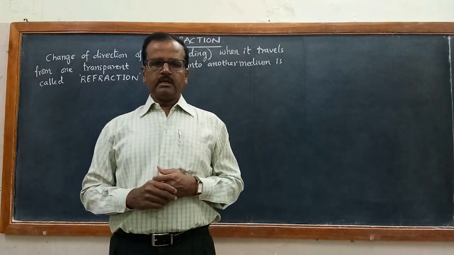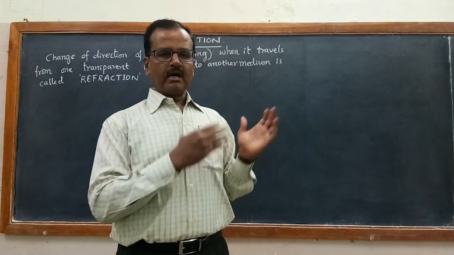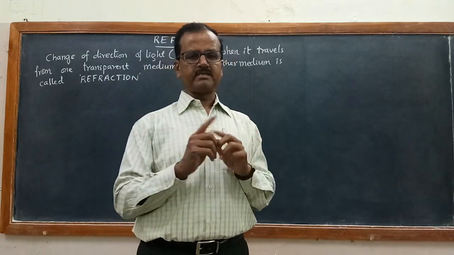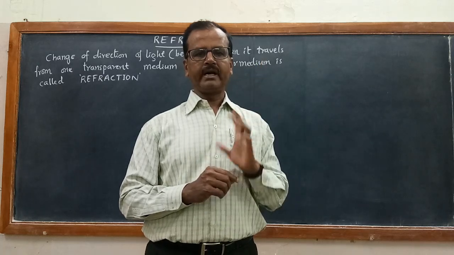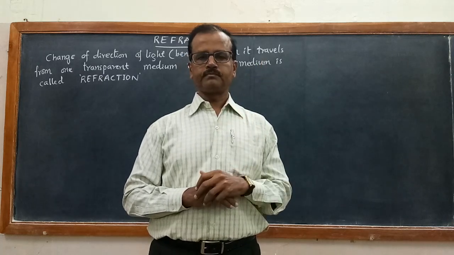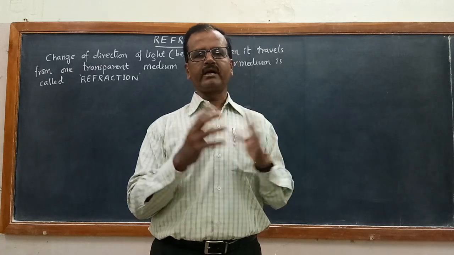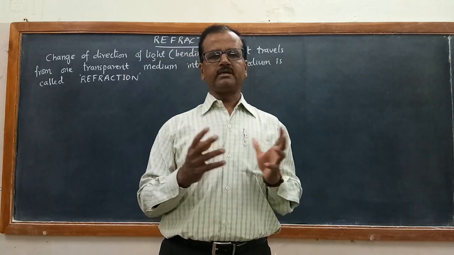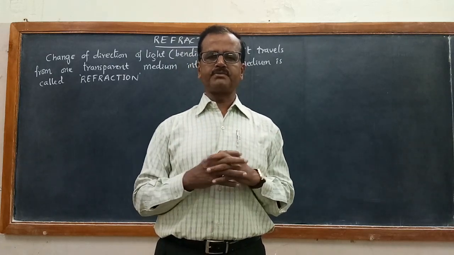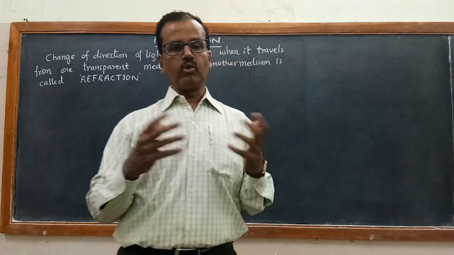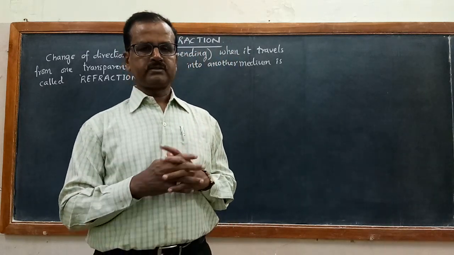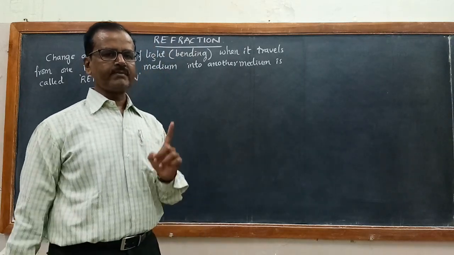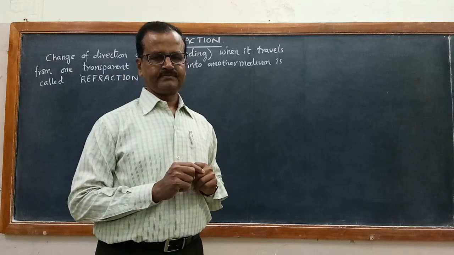The size of the sun in the early morning and just before the sunset appears to be larger than the size of the sun during the daytime, that is, at noon. Similarly, the twinkling of stars. All these interesting phenomena are observed around us. So how do these phenomena occur? The answer for all these we are going to get once we study the phenomenon called refraction.